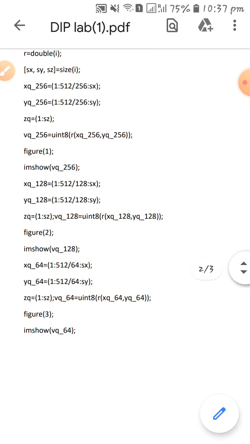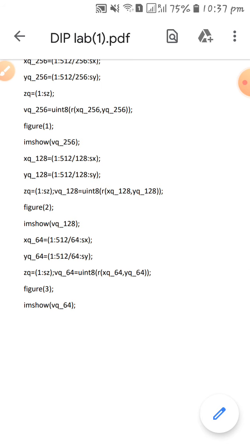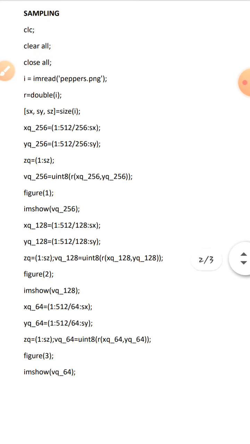In unsigned integer 8 it can take only values from 0 to 255. We display it in figure 1 using the command imshow. Figure 1 creates a new figure window and imshow is used to display the image. So this is how we do the size reduction, that is sampling, for the size of 256.